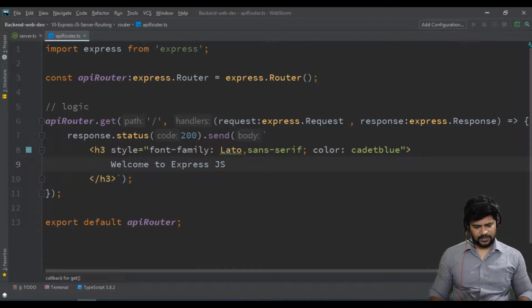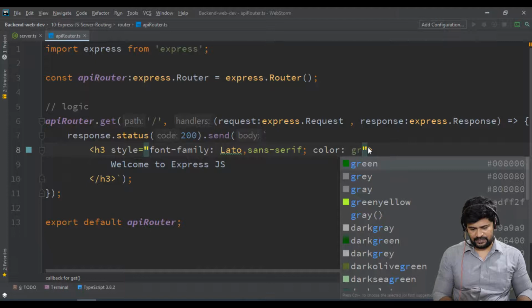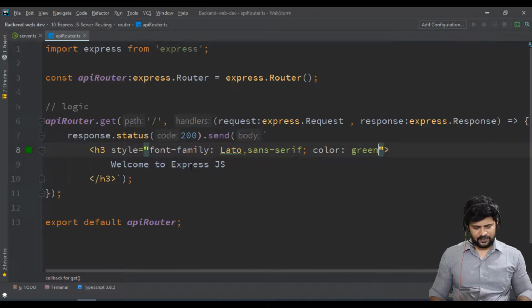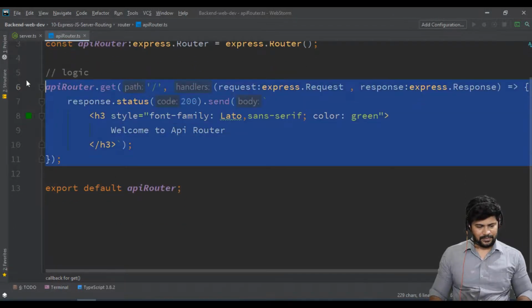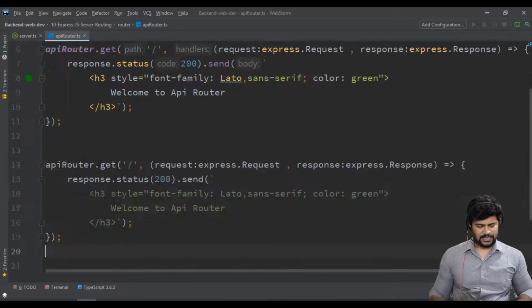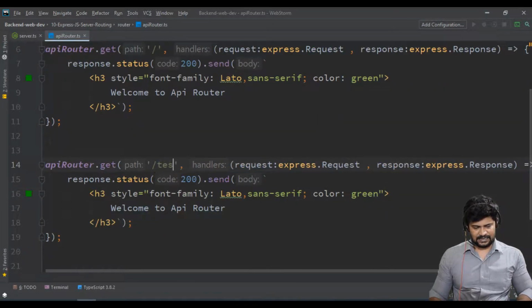Welcome to API router. Let's take one more path. I just take slash test.